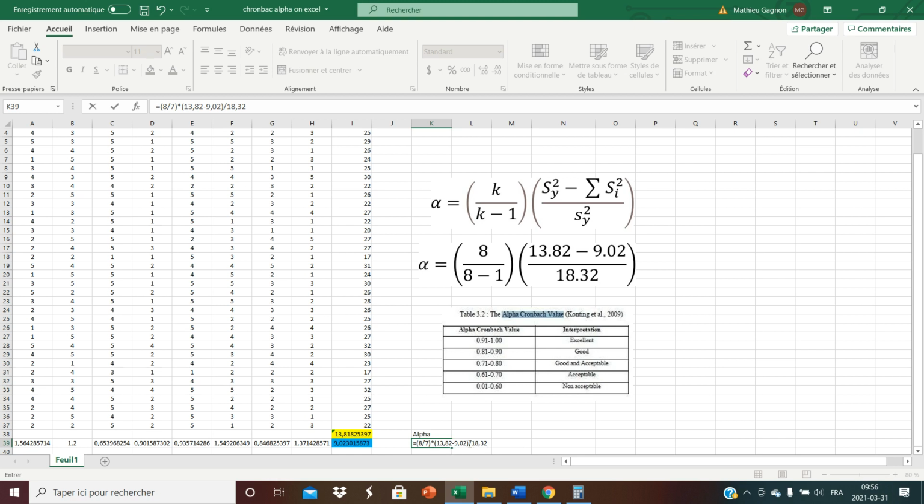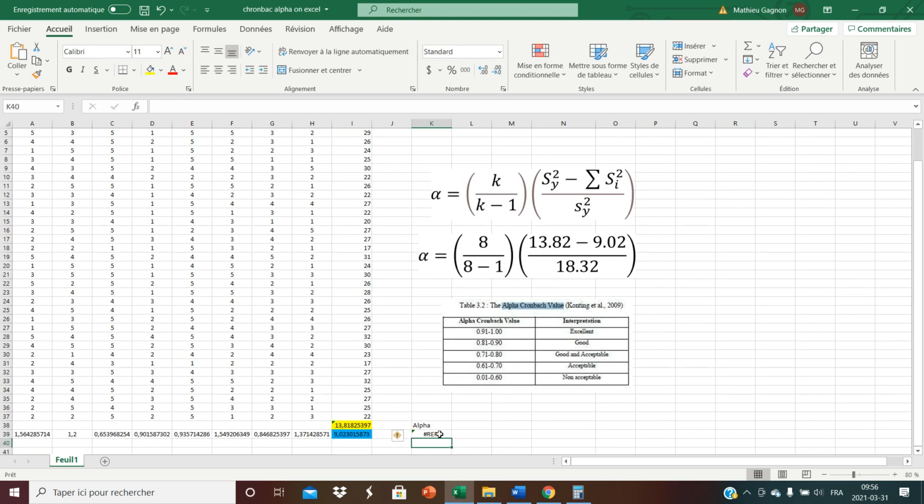Now, if I left the thing like this, there's a big chance that it would take all of this divided by 18.32. But I just want to divide this by 18.32, not that. So I'm going to add an extra bracket. Oh, right here. Please tell me this is going to work. I have no idea. No, hold on. What did I do wrong? Je peux aller ici pour voir qu'est-ce que j'ai fait. 8 divisé par 7. Ah, okay. Let me restart actually.